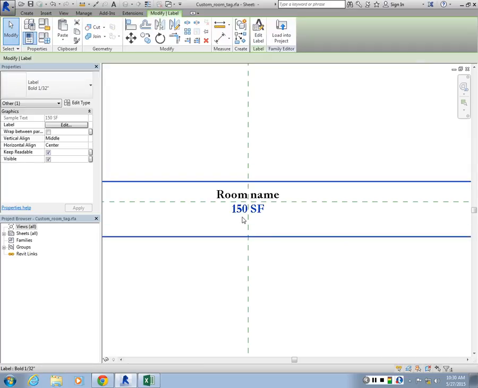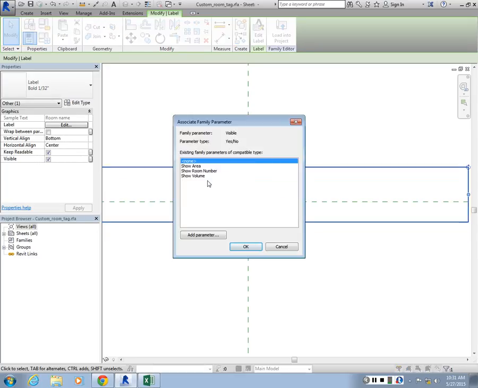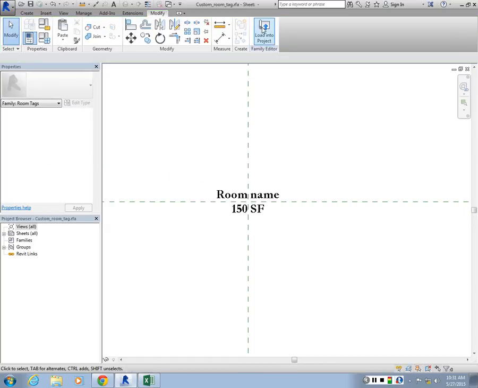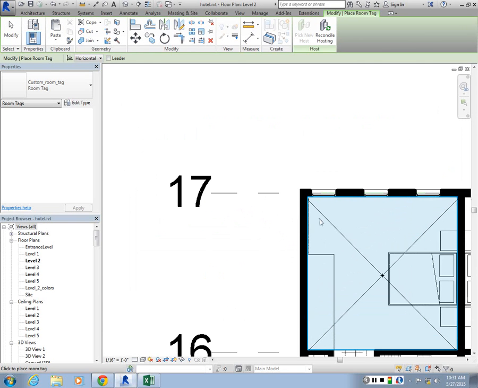I'm not sure, but I think you can also create parameters here. So some tags I can create parameters, right? And then make them visible or not. I can hide some of the details or information. I'm going to load this back into my project. And now if I come back here